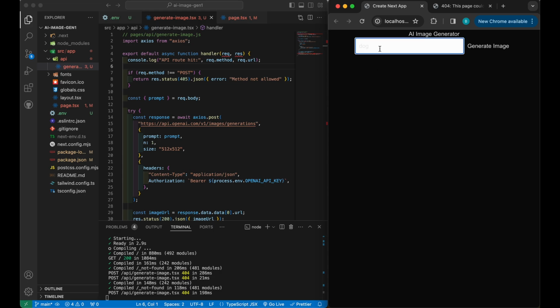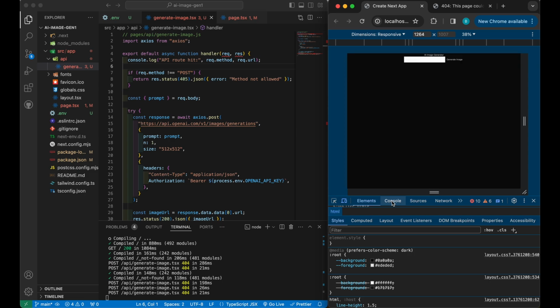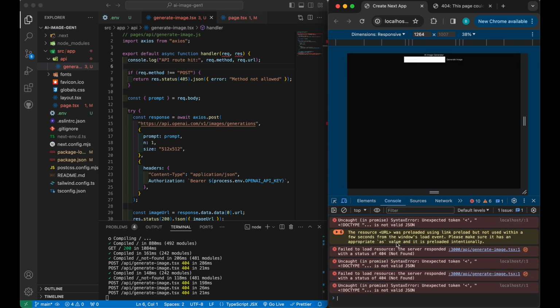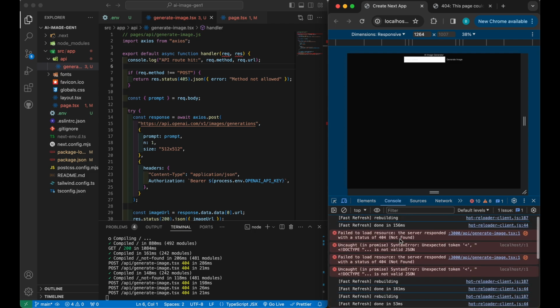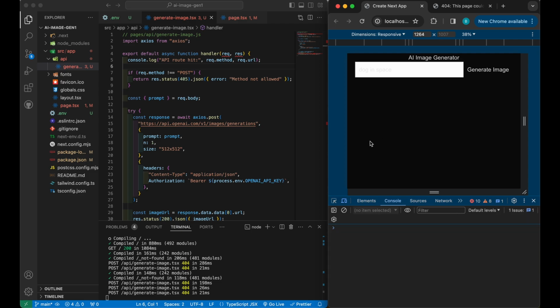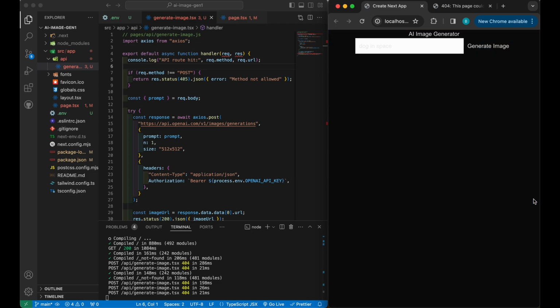Hold on. Dog in space. Let me try this again. Yeah, when I enter that, let's check the console now. Let's go here. Fast refresh reloaded. There's not even a console log in this, right? So yeah, so first of all, what we need to do is one, I'm gonna say,